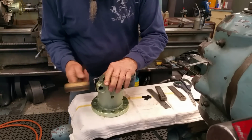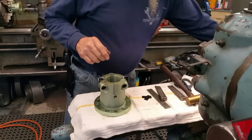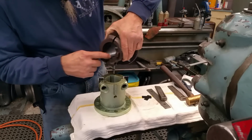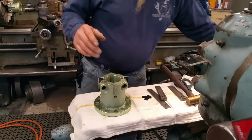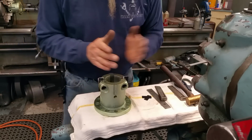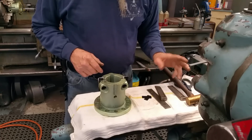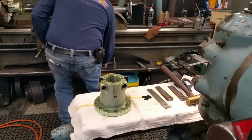Now we don't put these all the way in, because when this bore opens up, it's going to come out some. It also comes into the bolt holes as an opening, and the shaft is scalloped out for the bolts to pass through, because we're going to be out that large with the diameter of the shaft. All right, now we put the C-clamp back on here